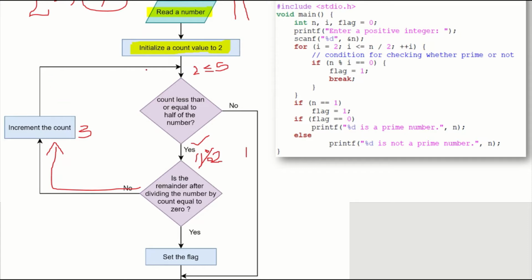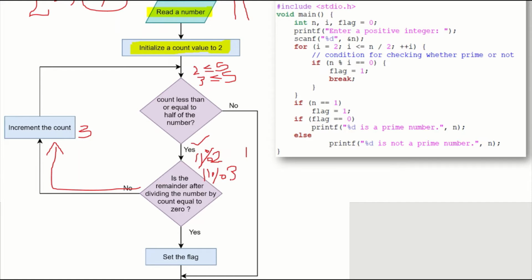So it is coming back here and checking whether 3 is less than or equal to 5. So 3 is also less than or equal to 5, and so it is performing 11 % 3.